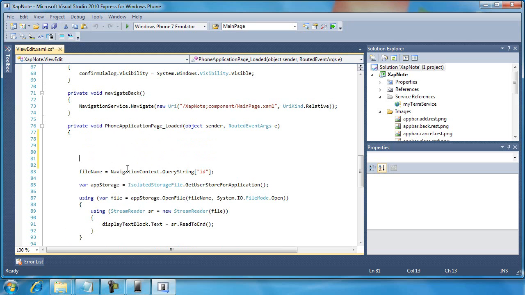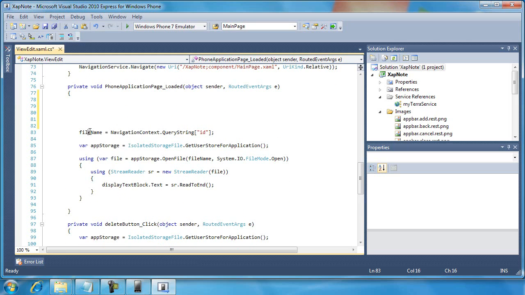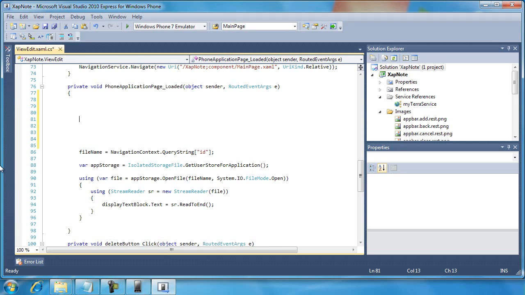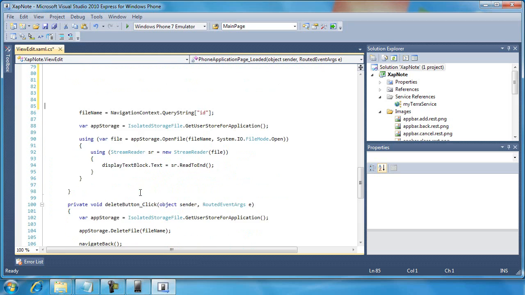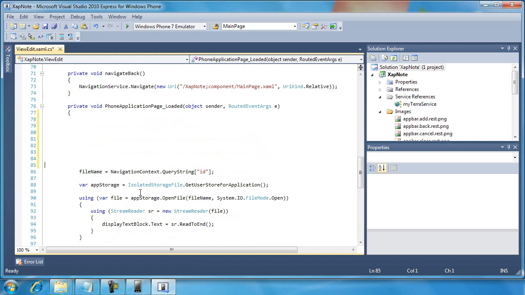Now, I think where I'm going to start is I'm going to take all of this out. Well, I could leave it in here. I'm going to leave it there for now. I was thinking about putting this into its own little method. I'm not sure that there's a benefit to that at the moment, so I'm going to leave it there. But at any rate, what we want to do is kind of give ourselves that roadmap. First,